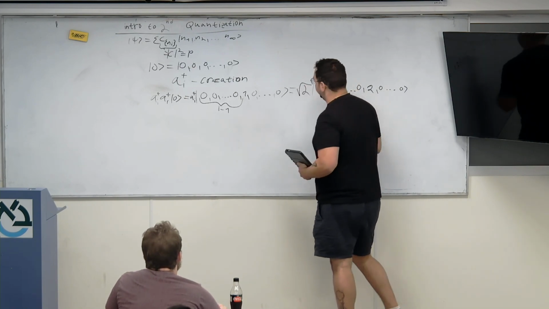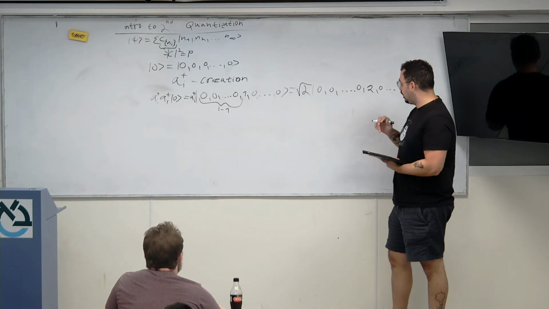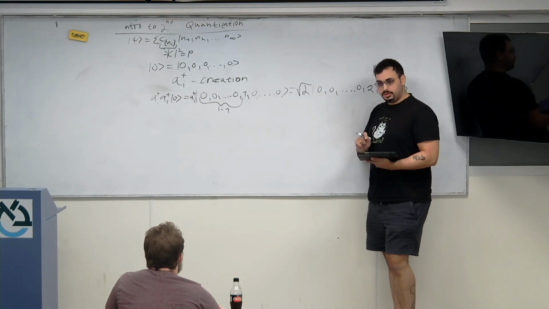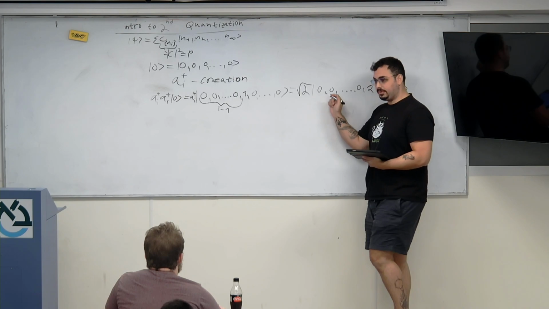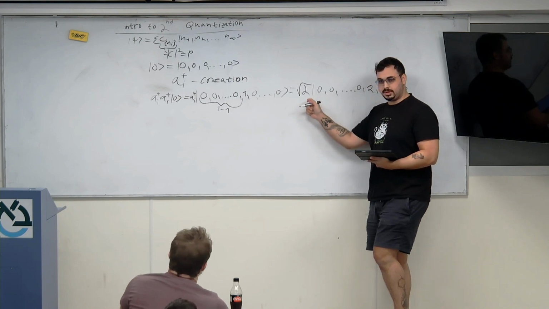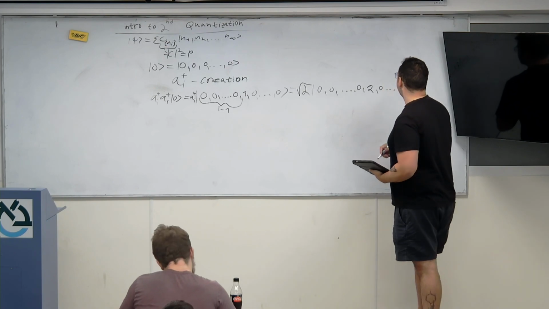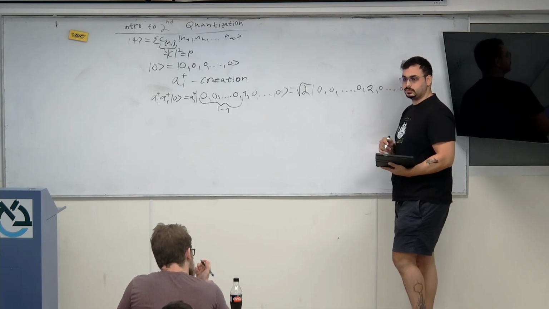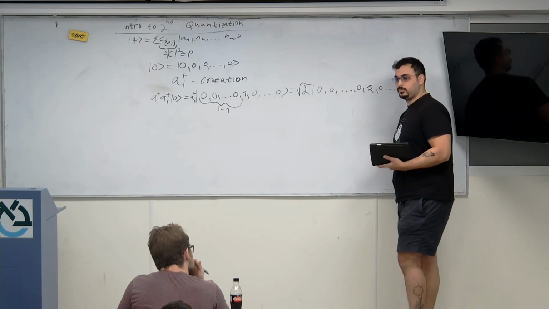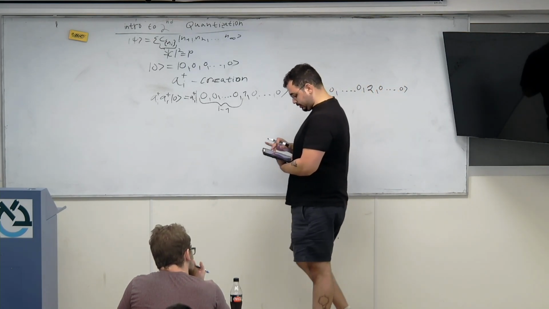And there will be some normalization factor, square root of 2, here. I'm not going to go into depth about where this normalization factor comes from. Efrat talked to you about this. I'm not sure if she told you where. Yeah. Okay. So it's the factor n plus 1, to the power of 1/2. Yes. Good. It's good that she talked to you about it.